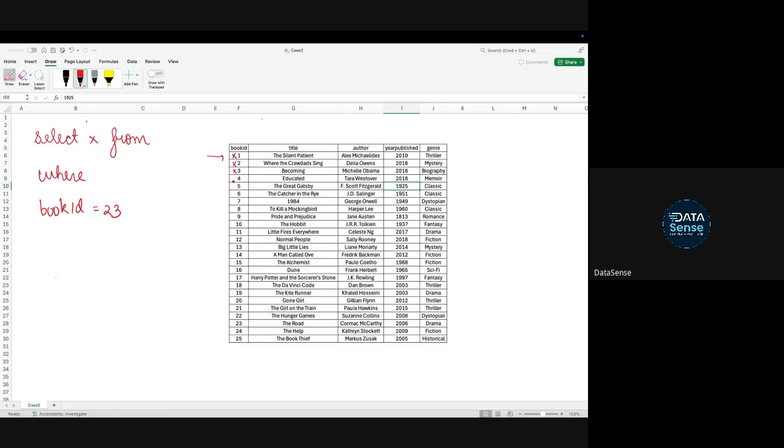No. It will keep on getting no, no, no till this particular point. And once it comes to 23, it will get a yes, right? So once it gets a yes, this row will be selected. And again after that, it will be no, no.